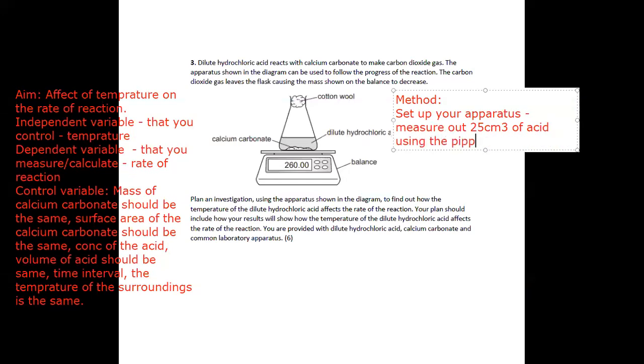I told you guys, whenever I want this value, 25 centimeter cube of any liquid, pipette is the best instrument. So I use a pipette, I take out 25 centimeter cube of the acid. Pour it into the conical flask